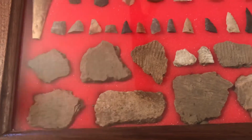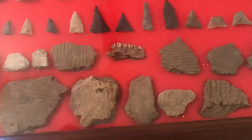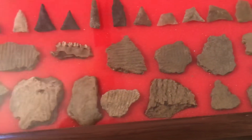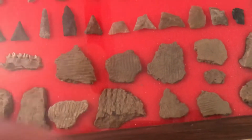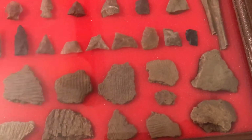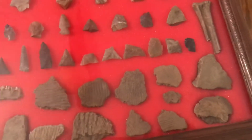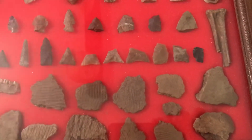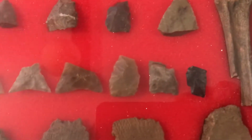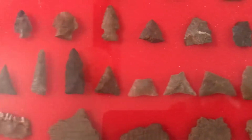Different types of cord mark and different grit pottery. There is a little predator's jaw that we dug out of a fire pit, so they cooked him. More pottery. That one's kind of got a chevron pattern to it, but it's all pretty much either flat, smoothed out pottery or cord marked, and not a whole lot of shell on this, so I'm thinking it's pretty much a Dina pottery. But there was a pretty good little stand of Mississippian and Fort Ancient Indians that visited this